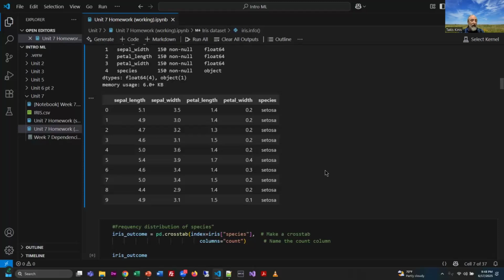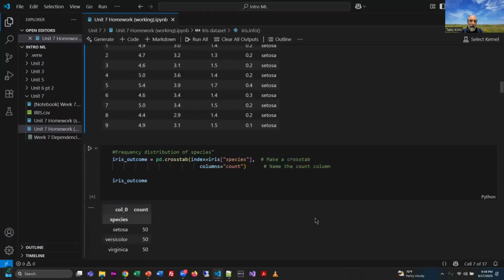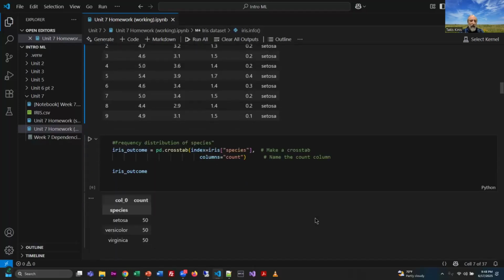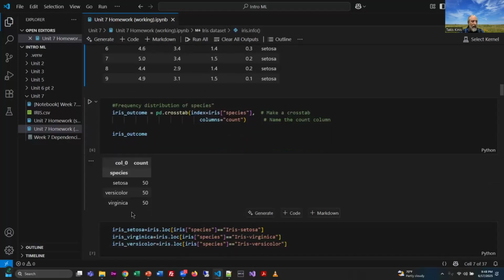But it does mean something to people that are studying irises, where it counts. So they start to look at a bunch of different data points here. In this case, they're doing a frequency distribution of the species, and they're doing a count. So what species are we looking at? Well, they have 3 different species, and we're looking at 50 of each. That's a pretty equivalent data set to look at the petal widths, the sepal widths and lengths and whatever, to